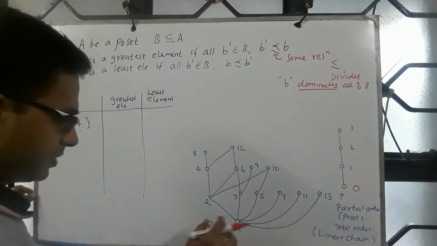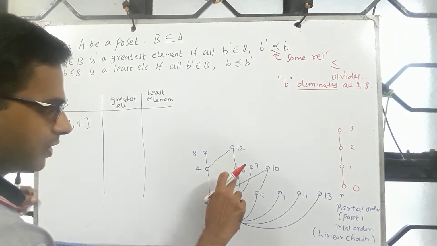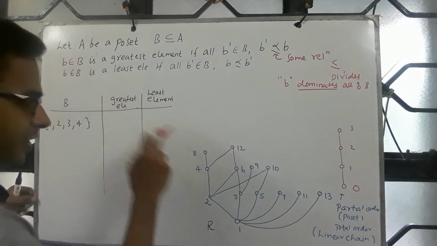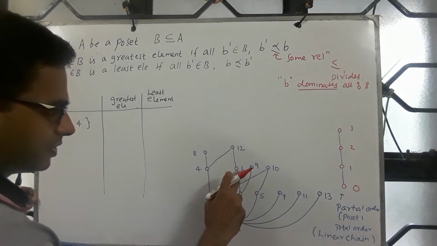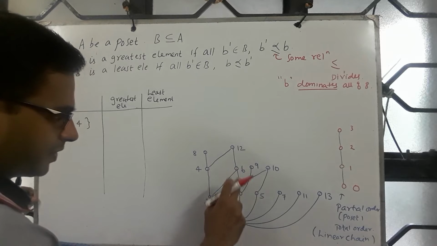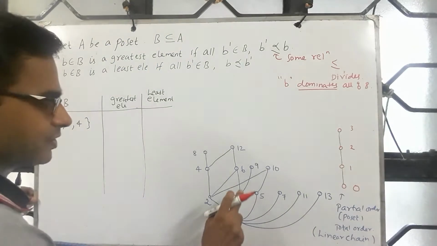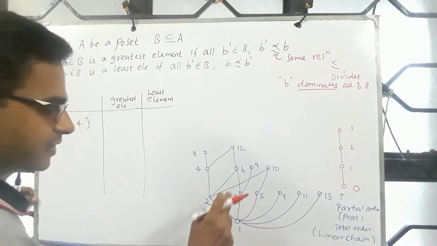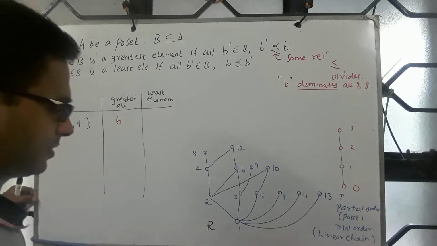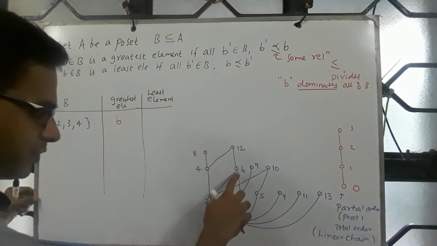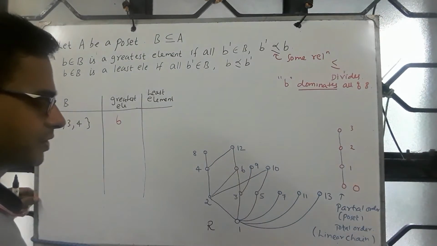So now let's look at this. If you look at 1, 2, 3, 4, and please note the greatest element is part of B. It is an element such that for every other element this is above. b prime is related to this, b prime is related to this, b prime is related to this. 6 is also seen as b prime, 6 is related to 6, due to reflexivity, we know. So which means the greatest element is 6. And 1 is related to 6, 2 is related to 6, 3 is related to 6, 6 is also related to 6.